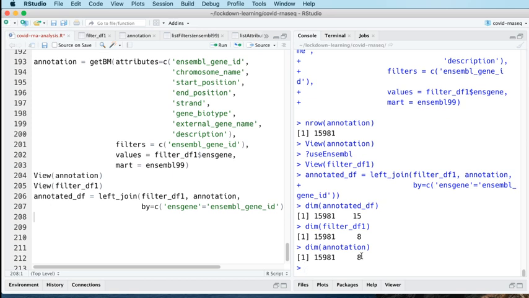And that's because they share one in common. So they've each got one that's the same, and then they've got 7 that are different. So your final data frame contains the one that's in common, and then the 7 from filter df1 and the 7 from annotation, to give you 15 total columns. And so we can look at this annotated DF,